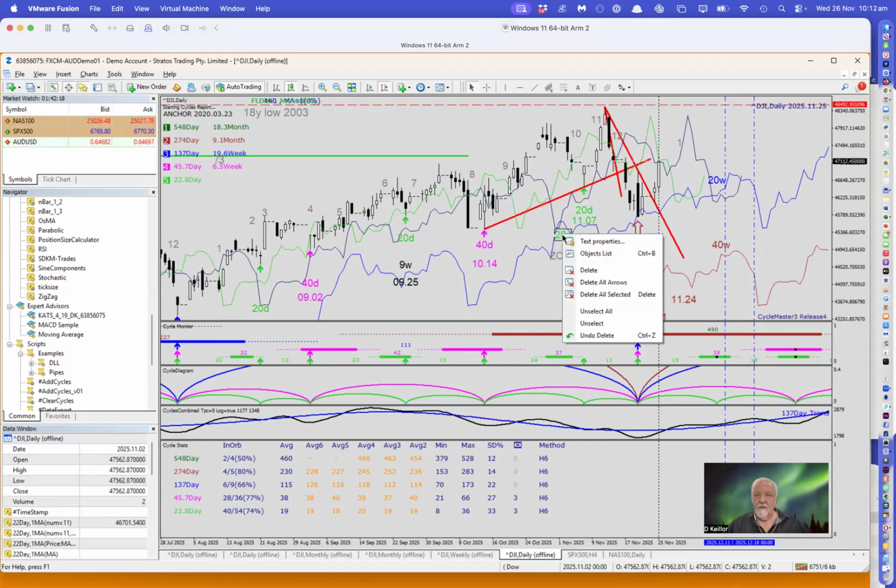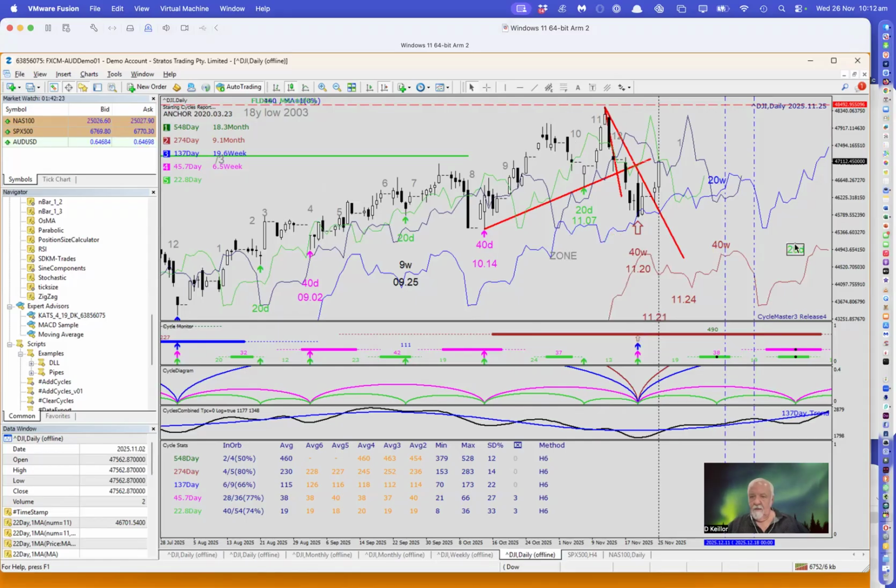Oh, we won't delete the 20-day because that's going to live here. I'll probably put it up the top, eh? Now that's wishful thinking because I'm already long. So we can put our orb zone lines on. They might be poorly located, but